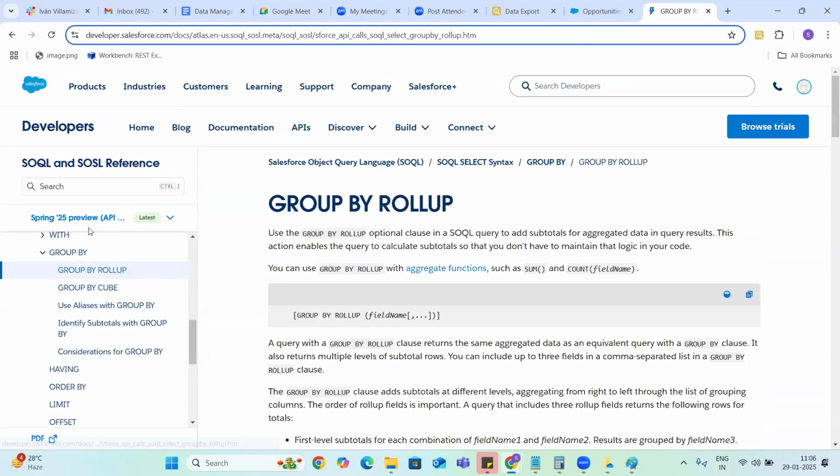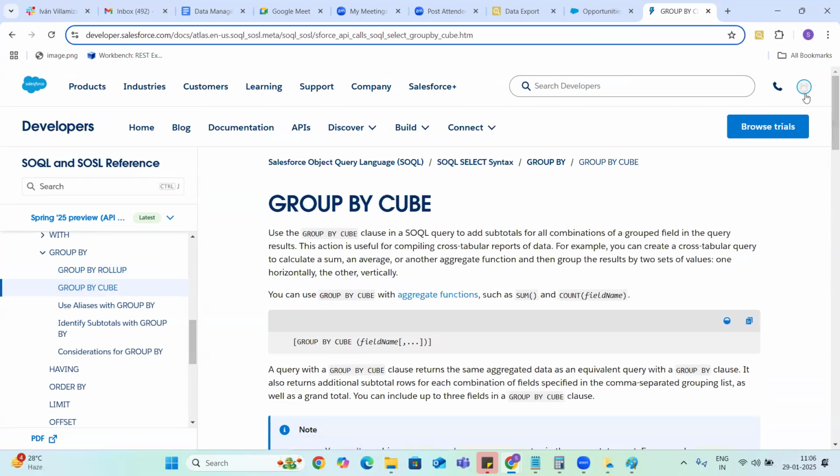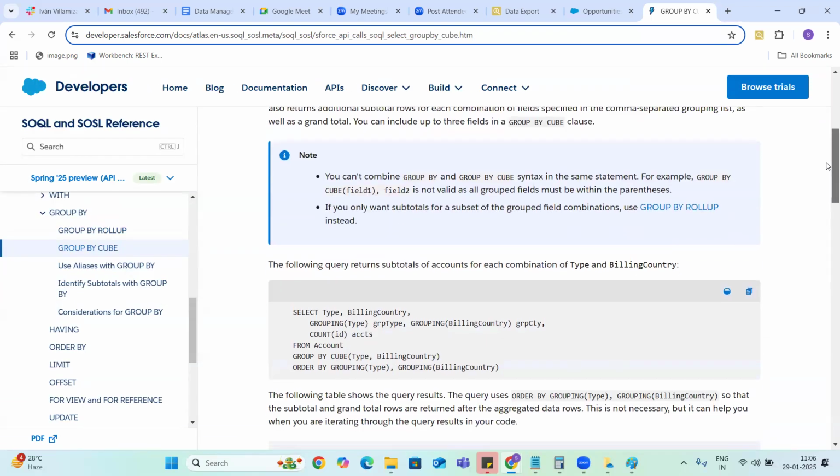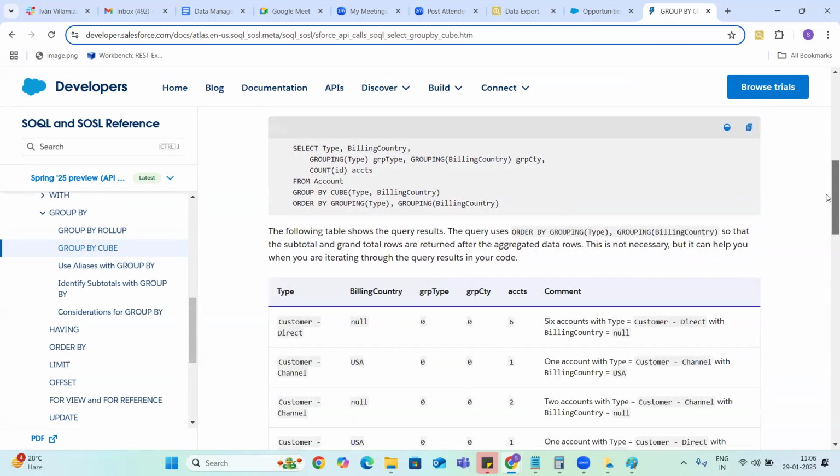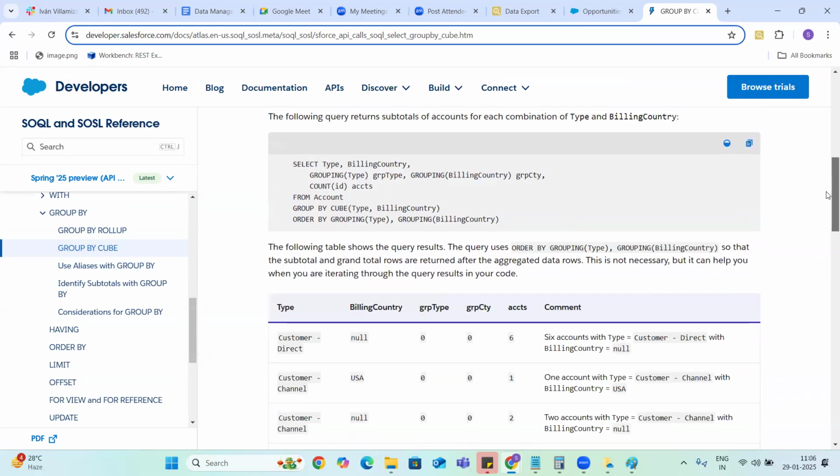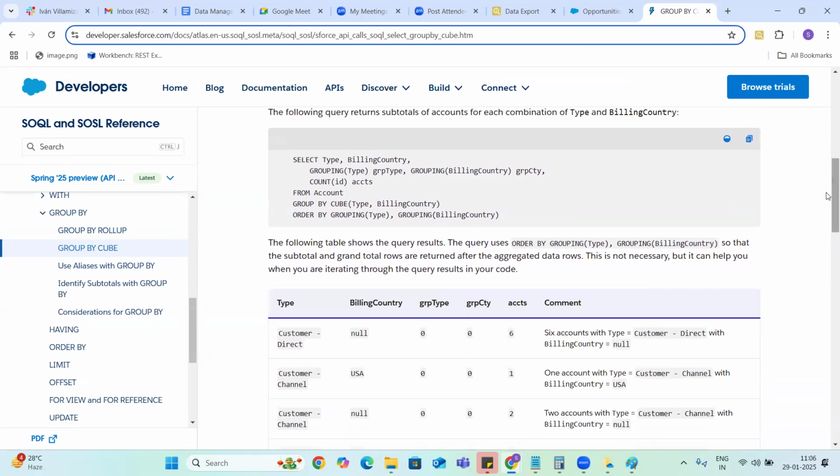So group by roll up is one thing and group by cube. Grouping type, grouping billing country.